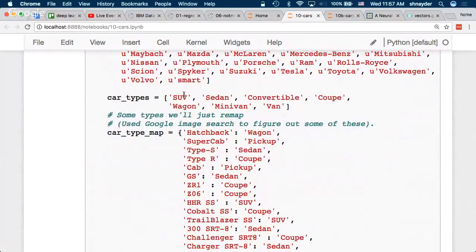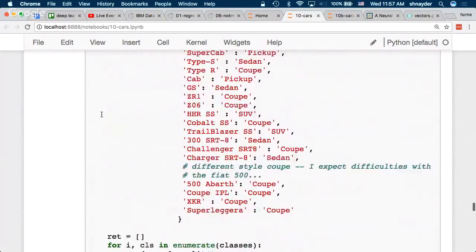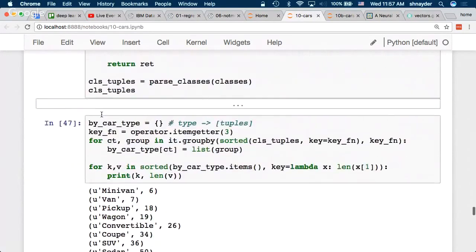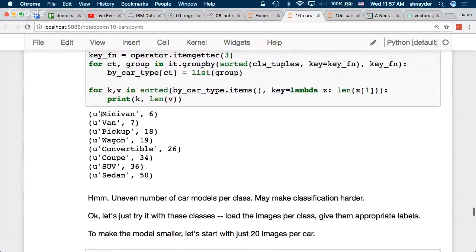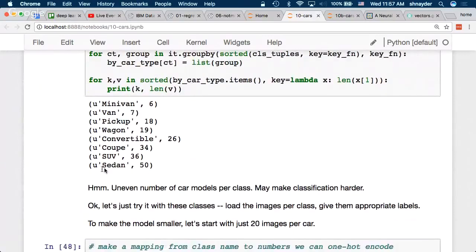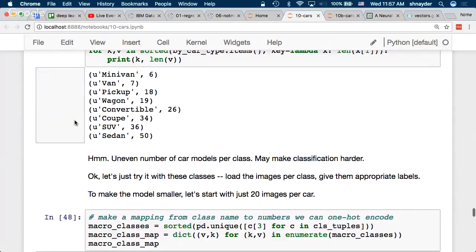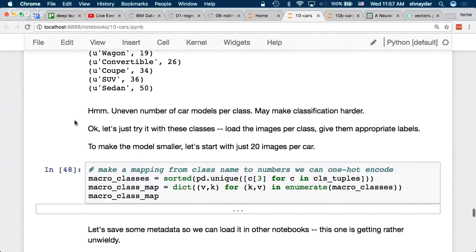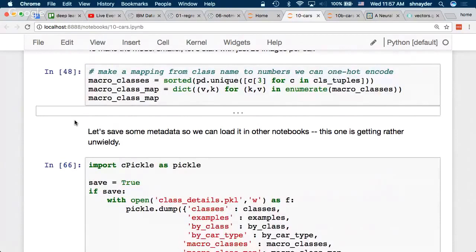Right, like here's going to be my car types: SUV, sedan, convertible, coupe, wagon, minivan, and van. So 7 classes. Map everything appropriately, parse stuff. Fine. So now we have an uneven class distribution. There's a lot of sedans and not so many vans and minivans, for example, which may make our life harder. But we're going to cheat. That's going to make our life easier.